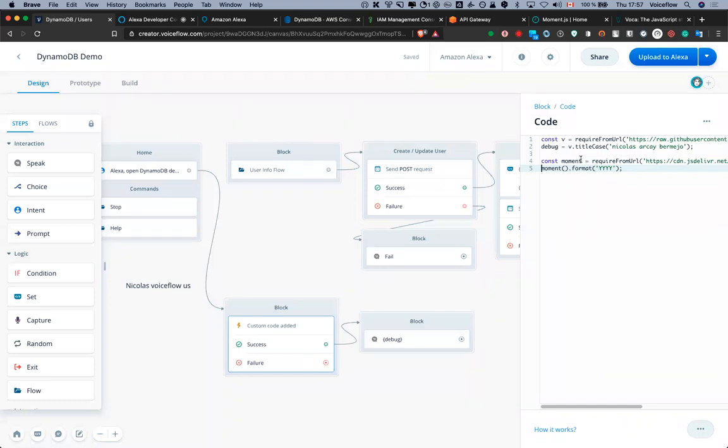So we are using the constant moment. We are mapping the moment library in it, and we are using that to format the date to whatever we want. And what we want is